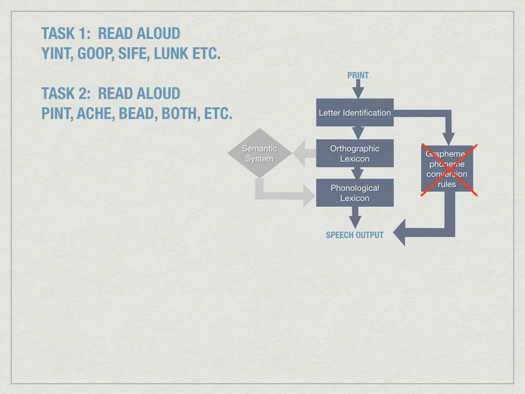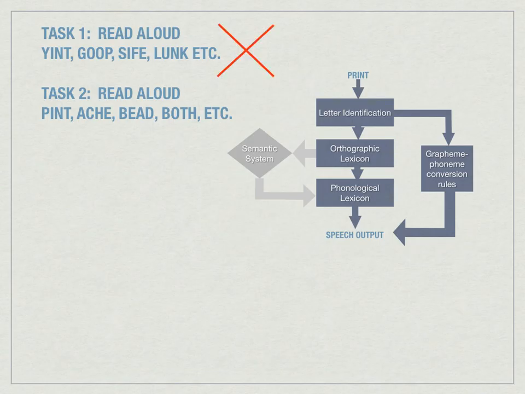Now, supposing I have these two tasks and I have a patient who has damaged grapheme to phoneme conversion rules. And again, remember, I don't have evidence yet that there is such a system. I am making a theoretical claim that has to be tested on the basis of performance. And if such a route does exist, the non-lexical route, what do you think would happen to a patient who has lost grapheme to phoneme conversion rules? Well,